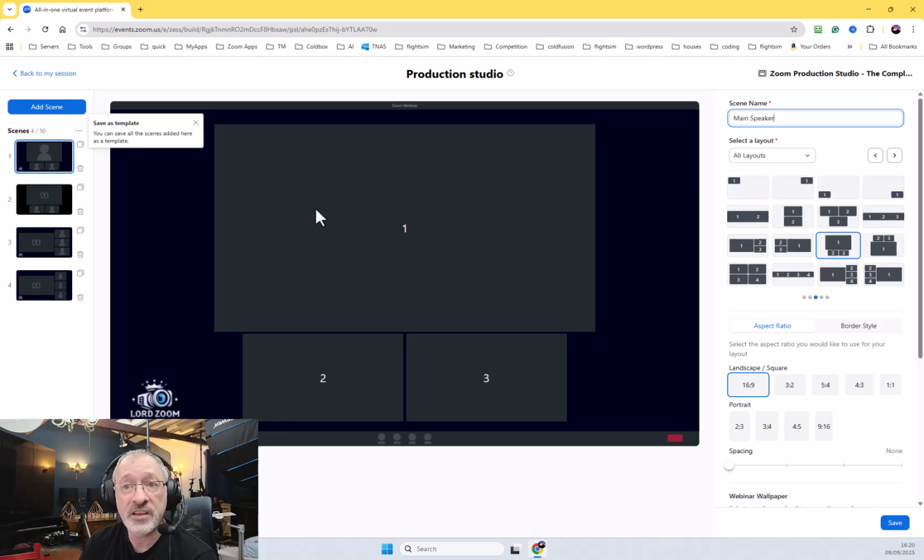And it's very, very simple. It's limited, but that's on purpose because we want to keep it simple. The layout is very simple. On the left hand side I have my scenes that I've already created. I can create 50, but remember,